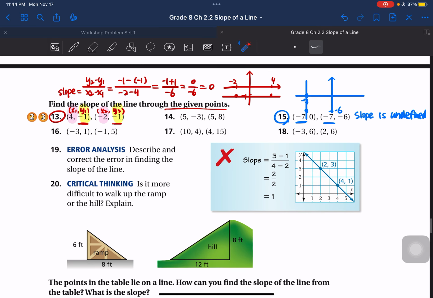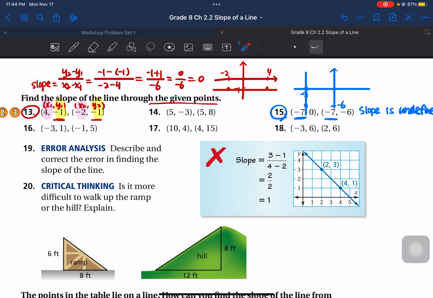Then let's see number 19. Number 19, it says error analysis, describe and correct the error in finding the slope of the line. So we have 2 points here, (2, 3) and (4, 1). It says the slope is 3 over 1, okay, 3 over 1 over